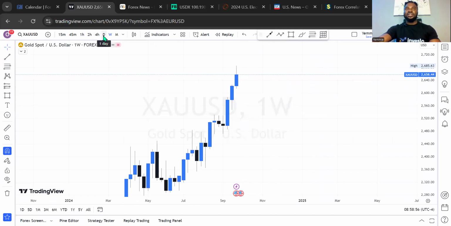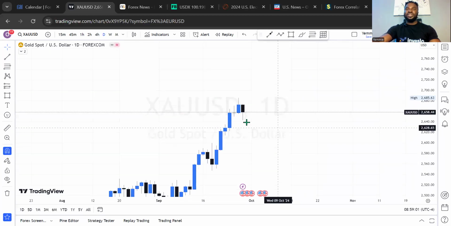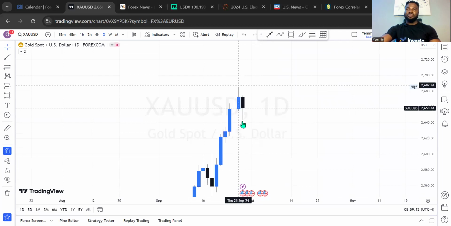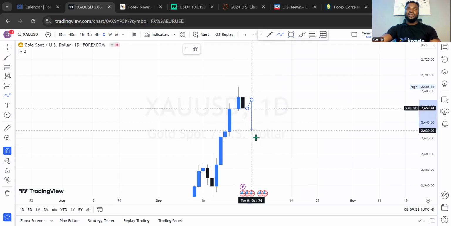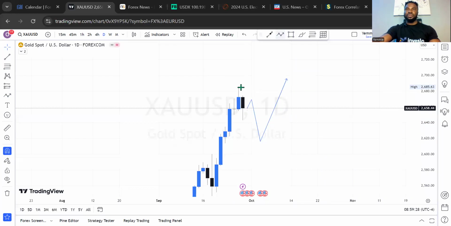Let's check out the daily time frame. What do we have on the daily? Since the daily ended with a bearish candle that grabbed liquidity to a lower price level, and these two candlesticks right here look like they're going to give an opportunity for a sell after the doji was created, liquidity was cleared, and the market moved in the bearish direction. So for this week, what would be our expectation? With this outlook, we can expect a little bit of movement back to this price range, then to this price range, and more buy opportunity, because the previous high level on gold seems to be broken again, and we should be ready for that.